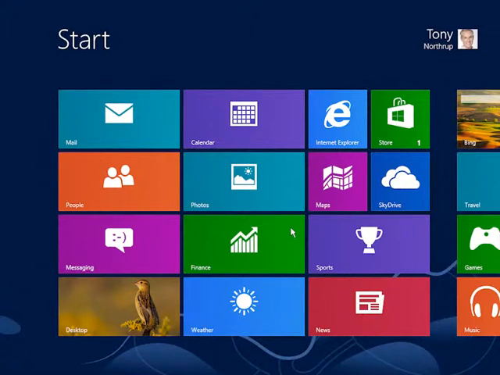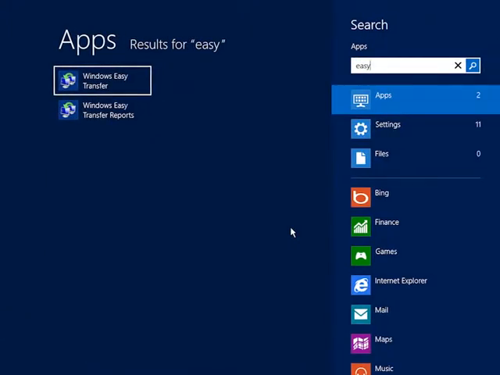So here I am at the new Windows 8 PC, and I could probably simply repeat the process of opening up the Windows 8 DVD and running the Migration Wizard tool from there, but that's really intended for running from your old PC. An easier way to do it from the new Windows PC is simply to run the Easy Transfer tool. So I'll type easy here at the start screen to search for it and launch it from the